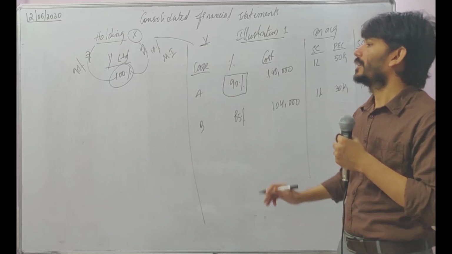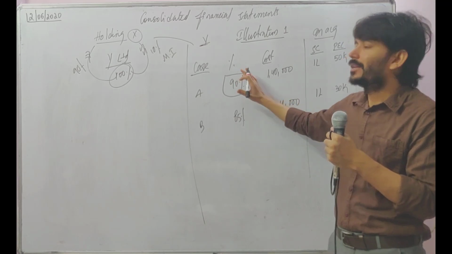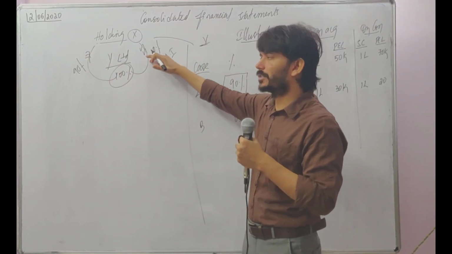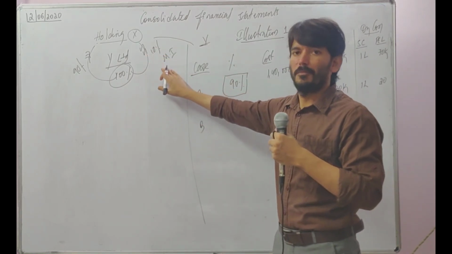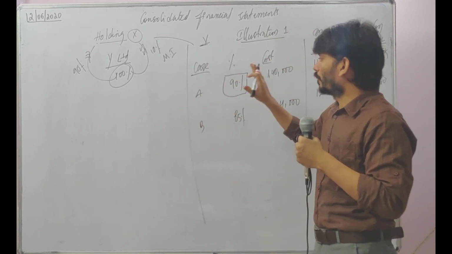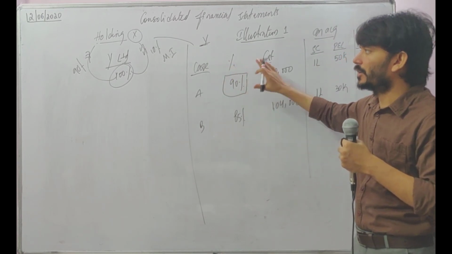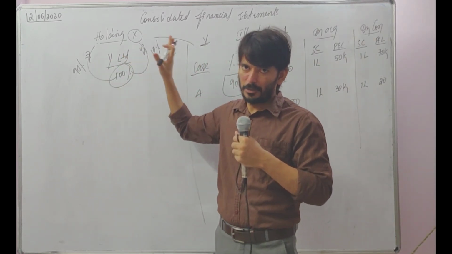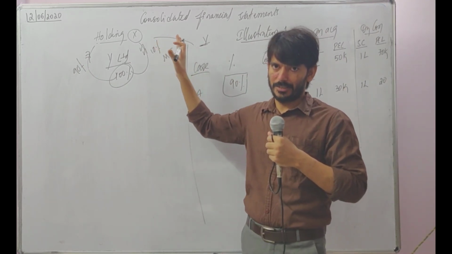Understand the structure of it. In a company, I am the father, like I am the holding company, I am purchasing 90% share capital. So 90% is held by me, and the remaining percentage is held by the other shareholders, whom we are calling minority interest. Then what is the concept here, sir? The concept here is whatever is there in that company, take an example, in this Y Limited, whatever is happening, only 90% you are eligible to eat, 90% you are eligible for the profits. The remaining 10% will go to minority interest.